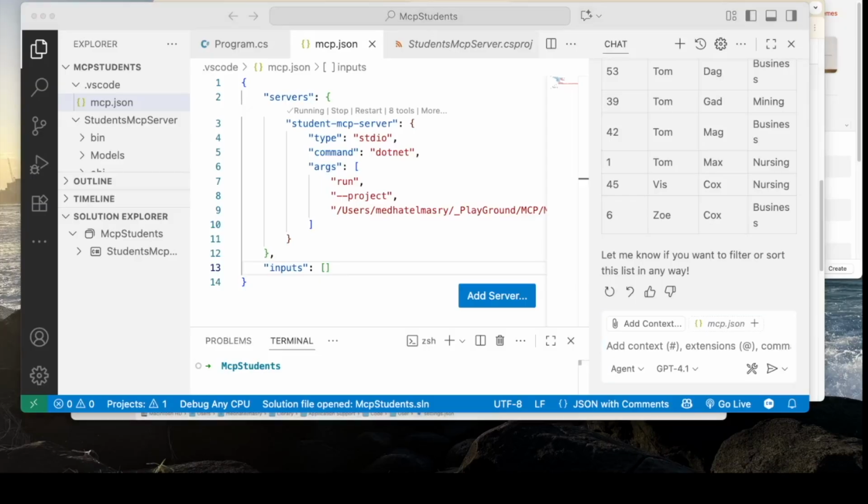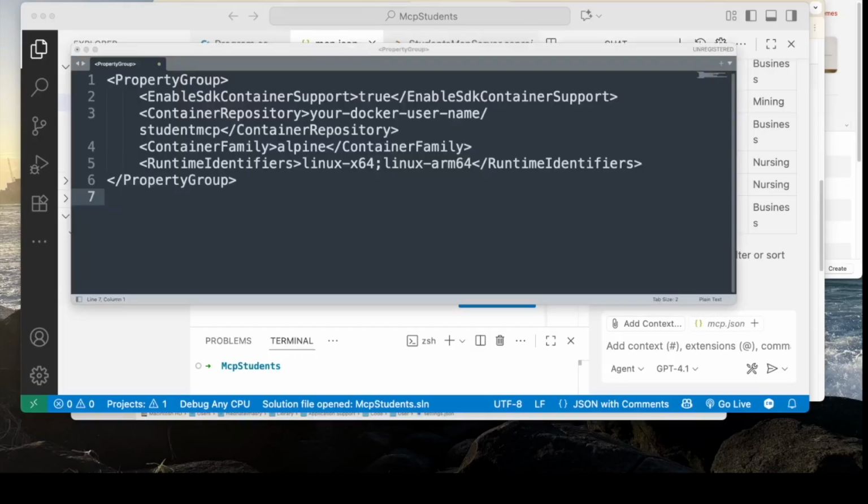It's an agent. Before I consume this MCP server from a .NET C# application, I want to deploy it to Docker Hub. And to do that, I will add some instructions into the CS_proj file of this student's MCP server application. This is what I'm going to add to the CS_proj file. Enable SDK container support, set that to true. The container repository would be your username. In my case, the username is